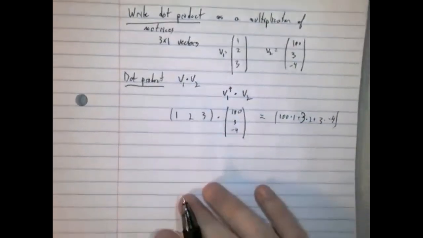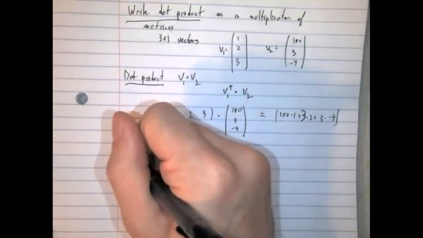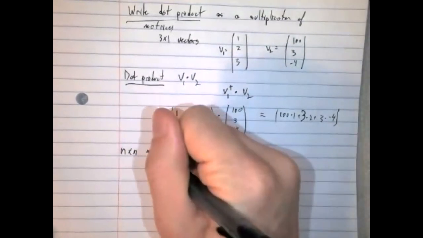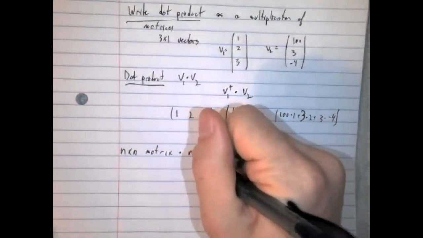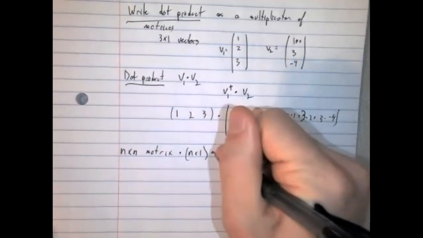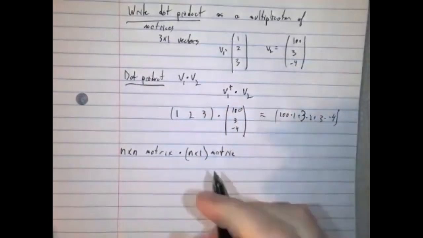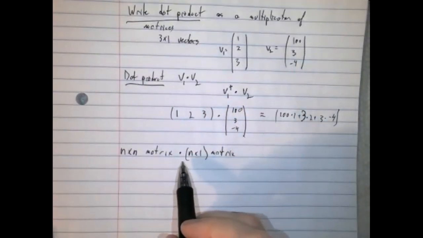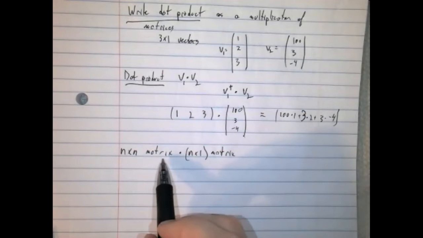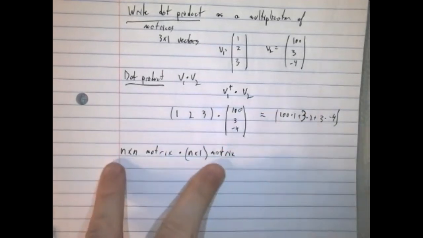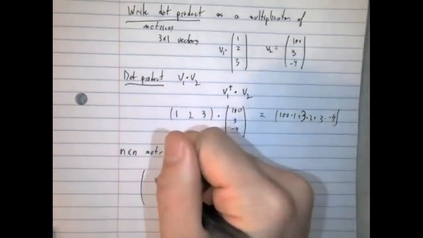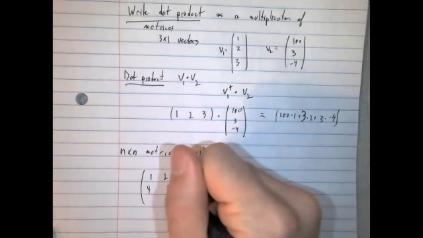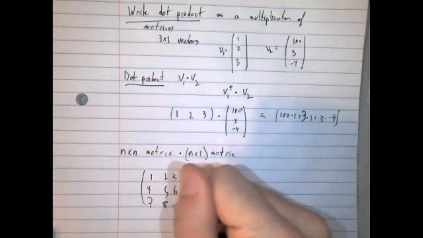The other important thing to remember is that if I have an n by n matrix times an n by 1 matrix, I expect back another n by 1 matrix, right? Because n by n multiplied by n by 1, I should take the outside numbers and get back an n by 1 matrix. So here, if I have a matrix 1, 2, 3, 4, 5, 6, 7, 8, 9, and